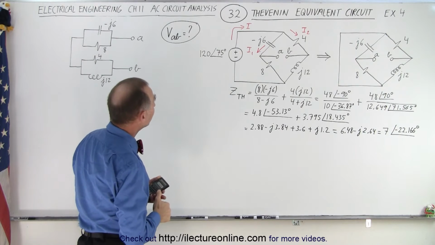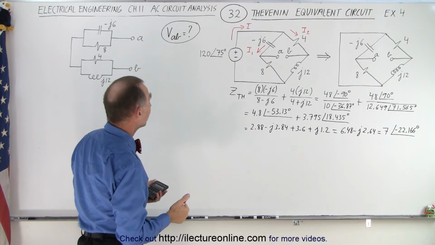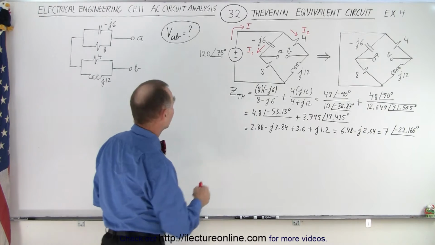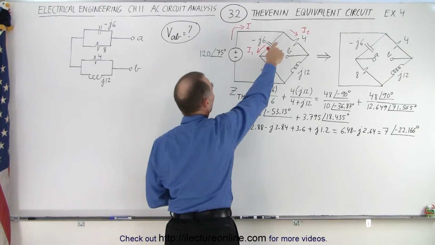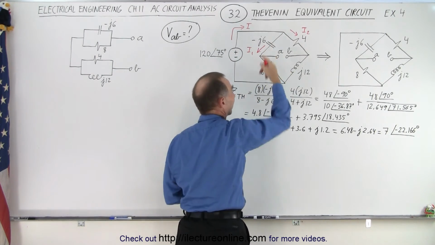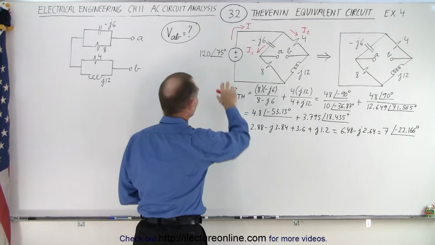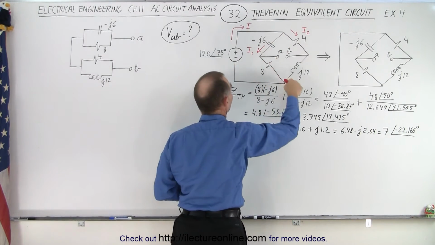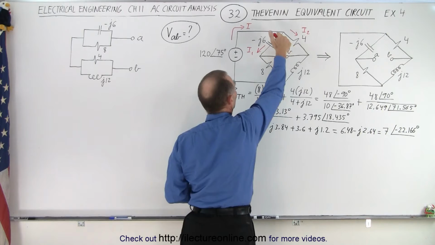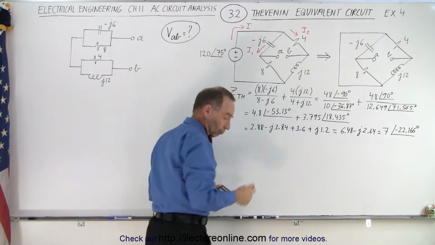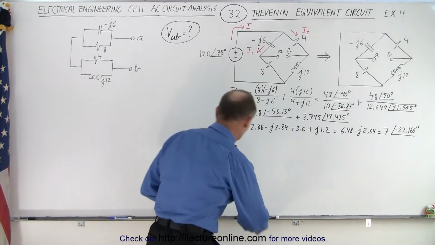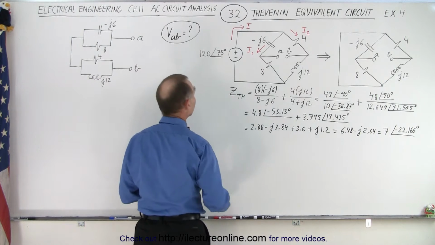Well, probably the best thing to do is to simply calculate the currents. So we have voltage, and we have the impedance of this branch. So I think that's the way I'm going to approach it. We have the voltage of the source, the impedance of the left branch, and the impedance of the right branch. So, one way to approach it is the following. We can say that